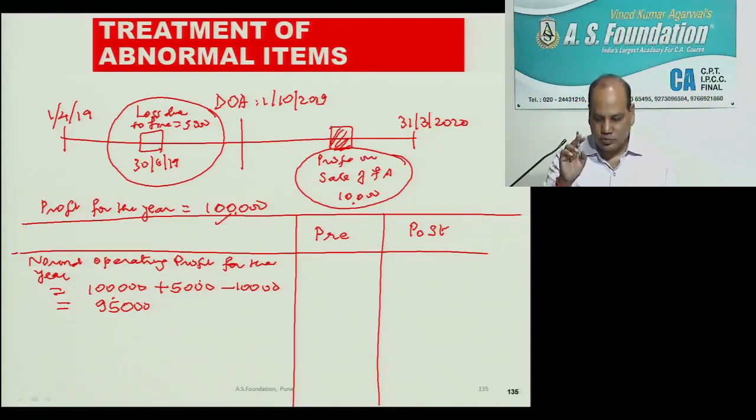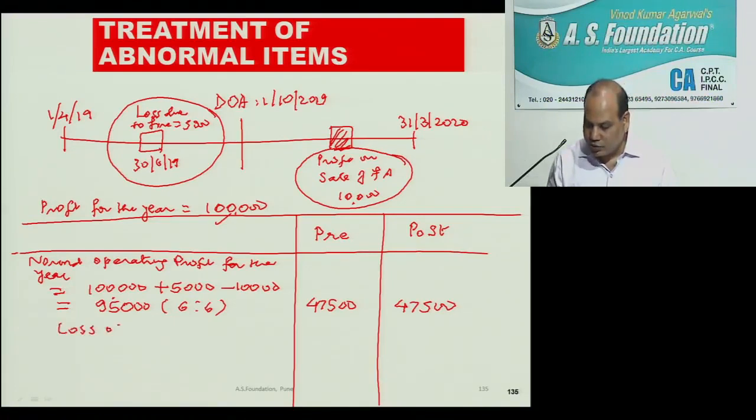If you have debited any item in P&L account which is abnormal, add back. If you have credited any item to P&L account which is abnormal, less. Debit, add back. Credit, less. Simple. This you apportion in the ratio of time 6:6. If these two transactions would not have happened, your profit will be 95,000 and then 95,000 in the time ratio. How much? This is what you had said, 47,500? 47,500. But this period has a loss.